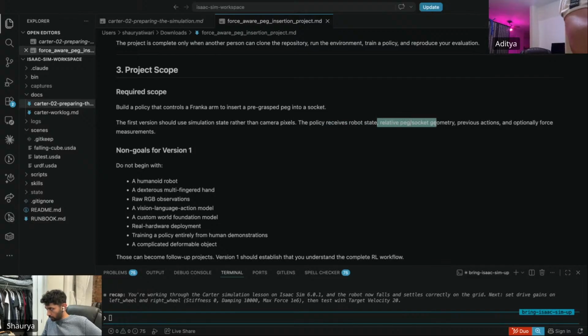Relative peg-socket geometry, previous actions, and optionally force measurements. Non-goals for version 1: do not begin with